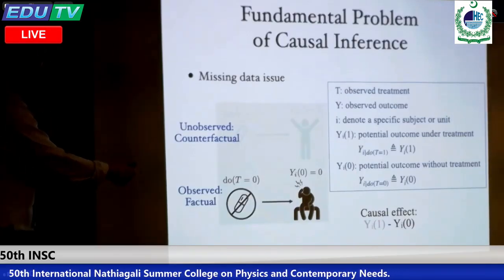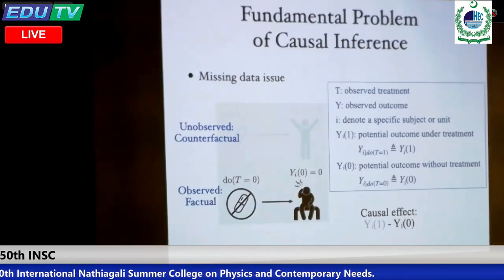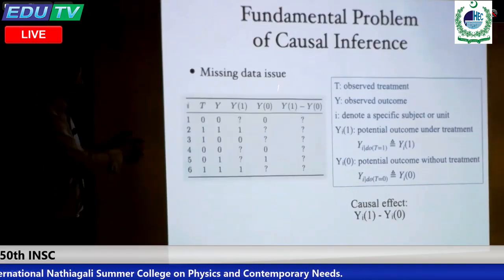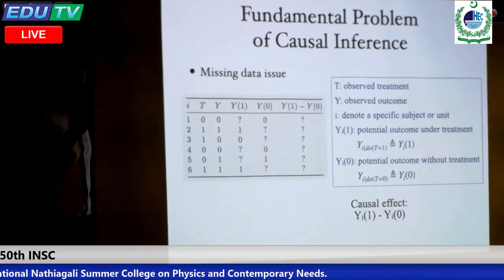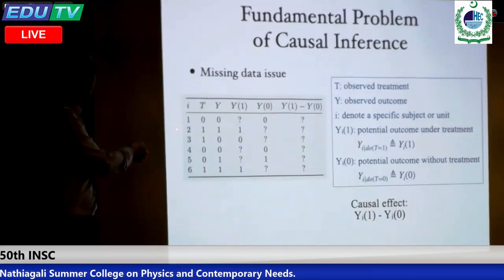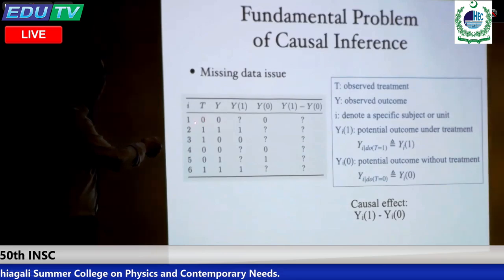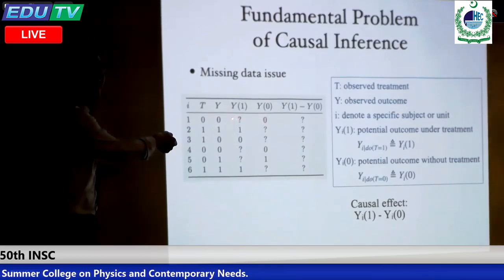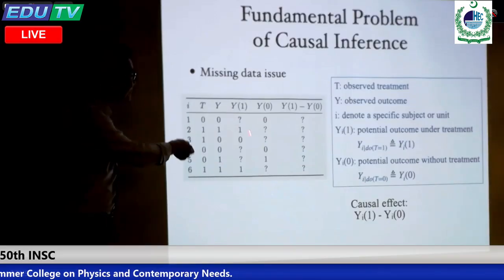You can see the difference, you can see whatever you like, because everything is transparent. That's why causal inference is basically a missing value problem. I have a missing value here. For the first subject, I didn't apply intervention. I observe this value, but I cannot observe this value. So there are always missing values.